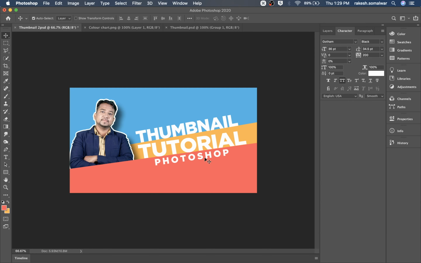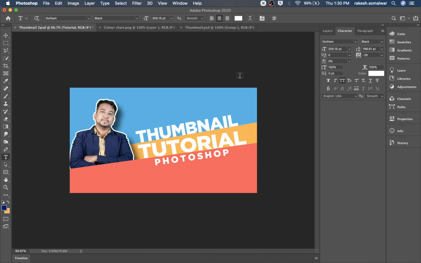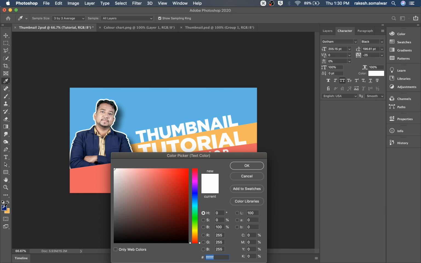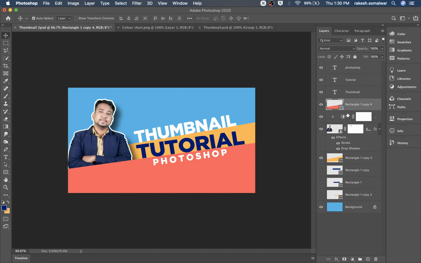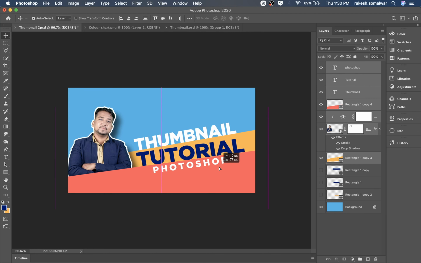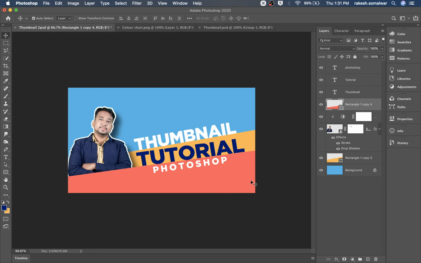Now this way the position is looking better, and we can play with colors. Give a dark blue color for tutorials. Yes, the color opposite to yellow looks much better. In the same way, you can select all the stuff to move downside. This is looking much better. Delete unwanted layers. I want to give some inner shadows.